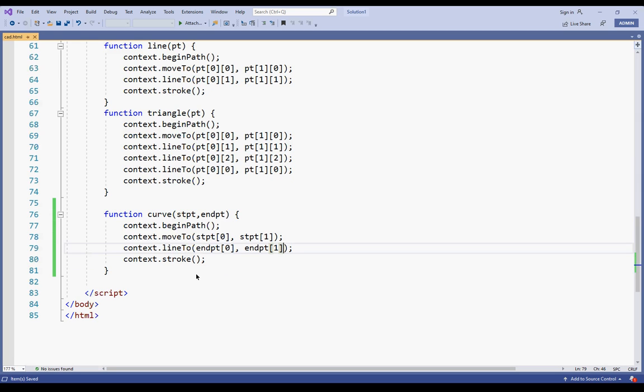So it is an array. The start point is an array. It will have the first element as the x coordinate and the second element as the y coordinate. Later on I'll explain. So I just rename this cur. It will take two inputs, start point and end point. Because this requires one single unit, and for drawing cur I'll be having 2 points earlier with me, and clubbing them together becomes a challenge. So I just simplify, start point separately and end point separately.